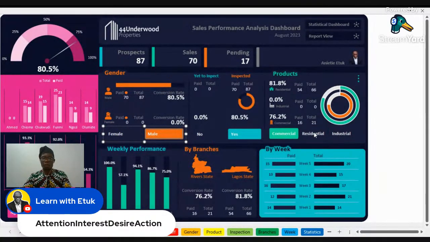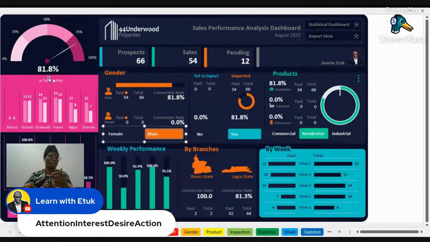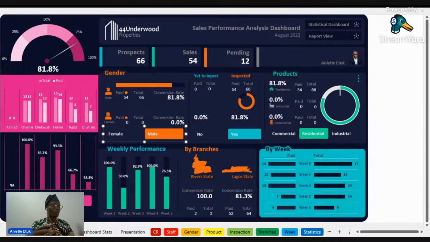And if you get people that are interested in residential properties, it increases to 81.8. This is the system we're talking about. So this is, in its simplest form, how this presentation is. Like we say in debate, I hope with these few points of mine, I've been able to convince you to structure your presentation with respect to the business owner.